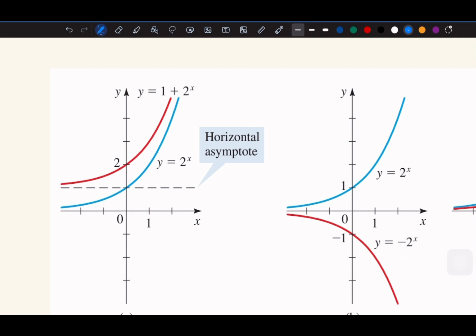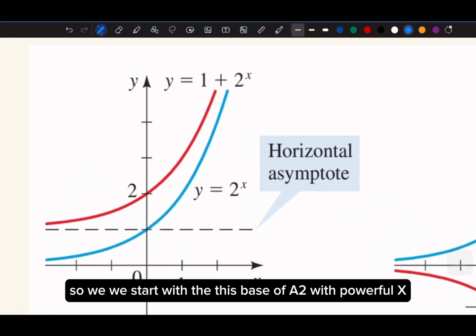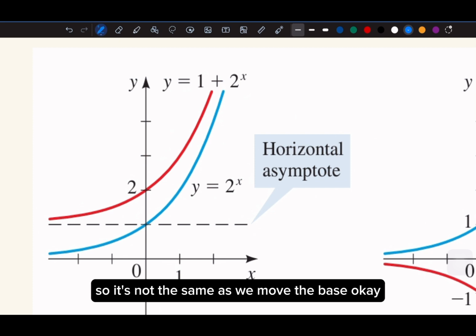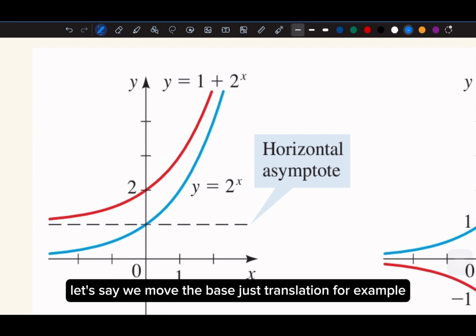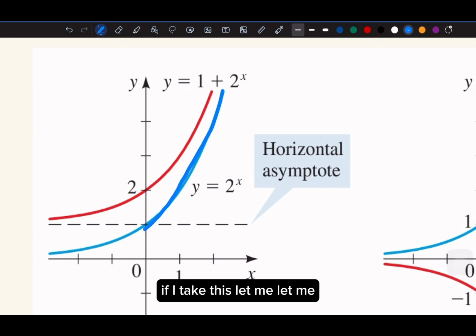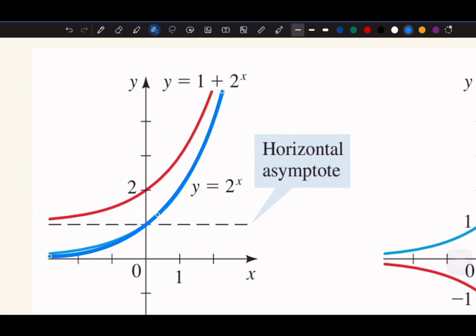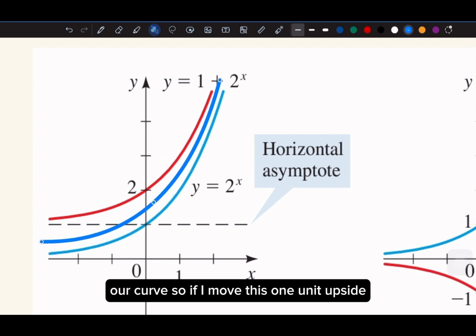Okay, so we start with this base of 2 to the power of x, and then we are going to shift upwards 1 unit. Okay, so it's not the same as when we move the base. Let's say we move the base, just translation. For example, if I take this, let me make this a little bit bigger so that you can see what I mean. Now suppose that this is our curve. So if I move this 1 unit upside,